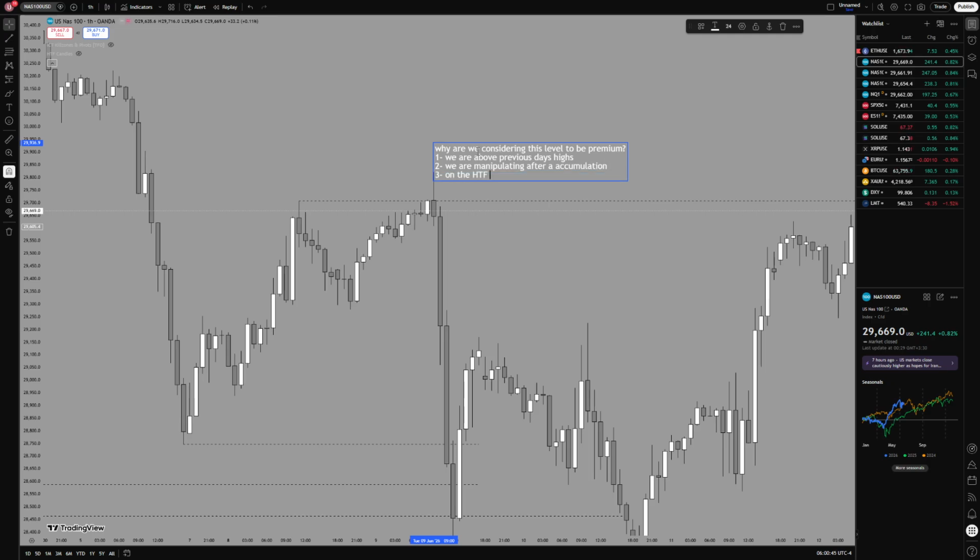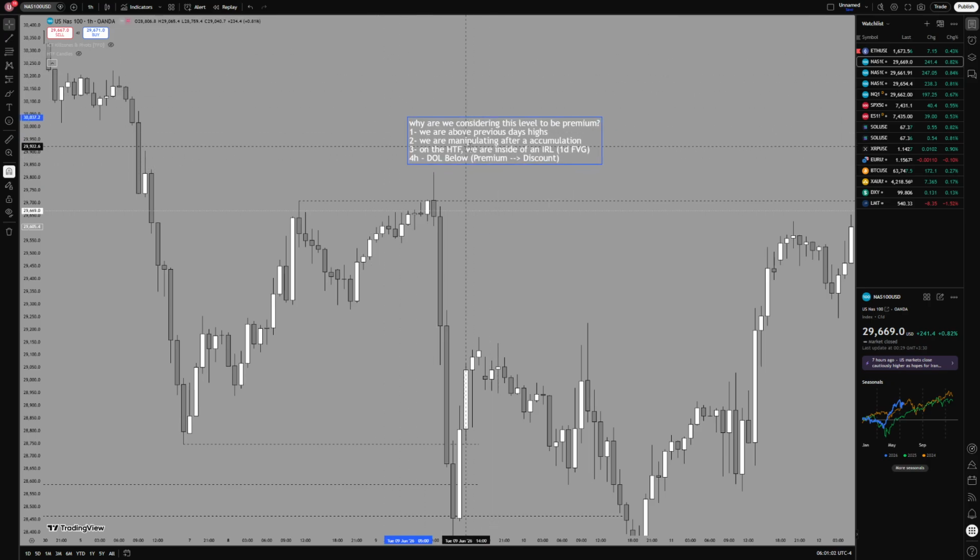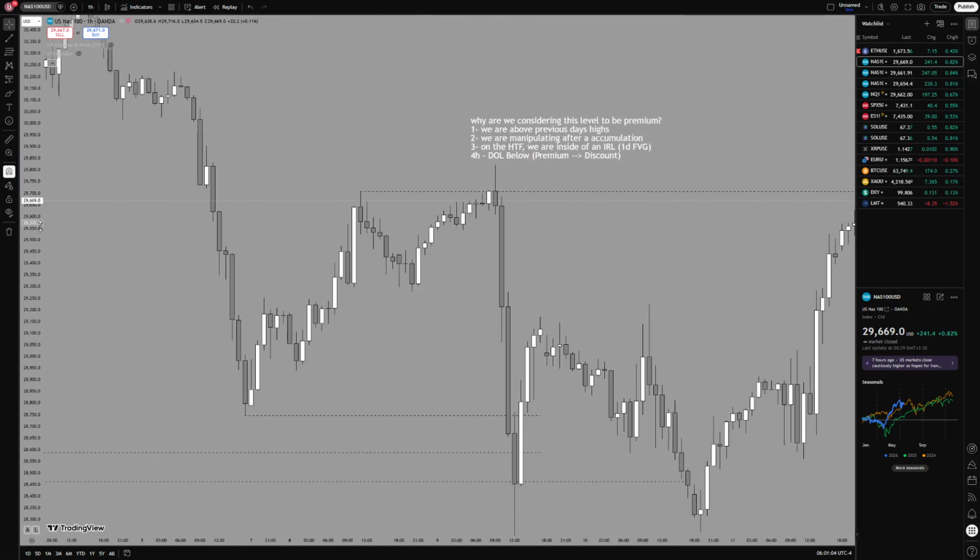Three, on the higher time frame, we are inside of an IRL daily fair value gap. And four, premium to discount. If you just understand this, sometimes trading becomes super easy, right? So